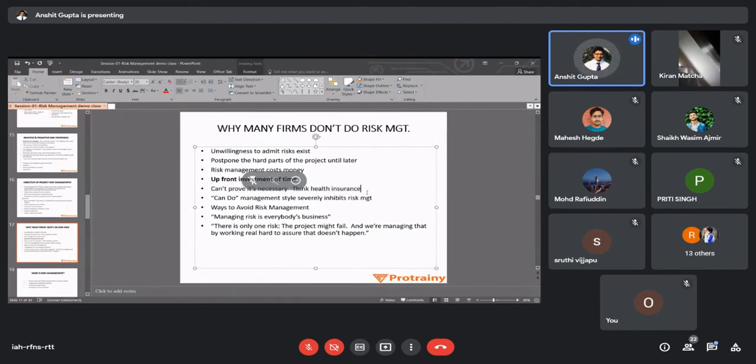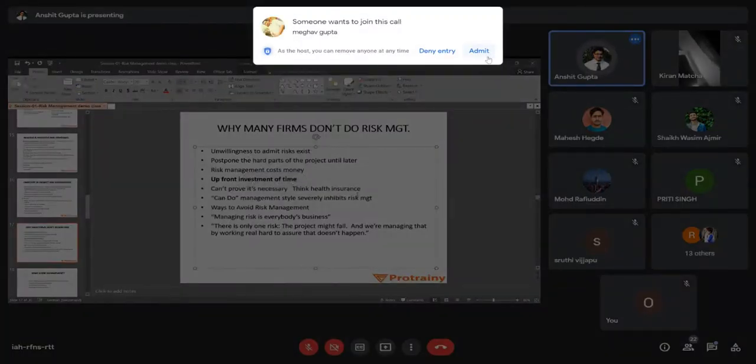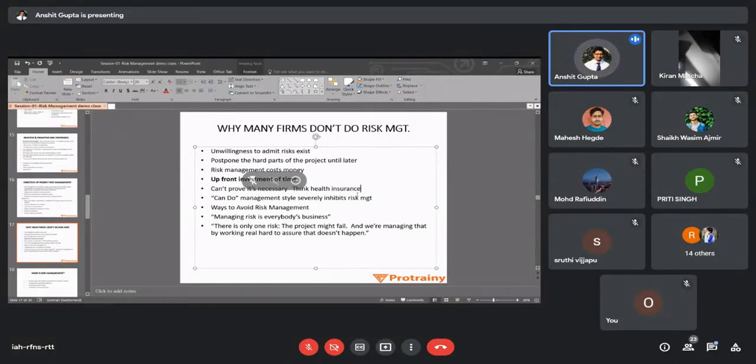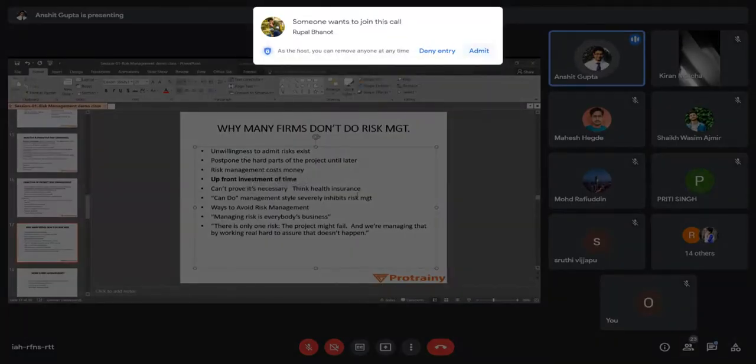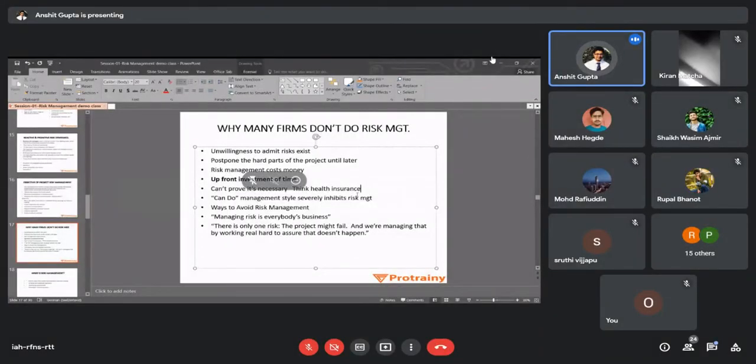That is another issue. It's just like health insurance. You cannot prove to people why health insurance is necessary. Before COVID, 80% of Indians never used to take health insurance. They will take life insurance, definitely, but health insurance, Mediclaim, 70 or 80% of Indians will not take, because you cannot prove to a person who is not agreeing to health insurance why it is important. But now after COVID, everyone understands the importance of health insurance, when they have to pay 10 lakhs, 12 lakhs in fees to hospitals. So the same thing is about risk management. You cannot prove to people why it is necessary.